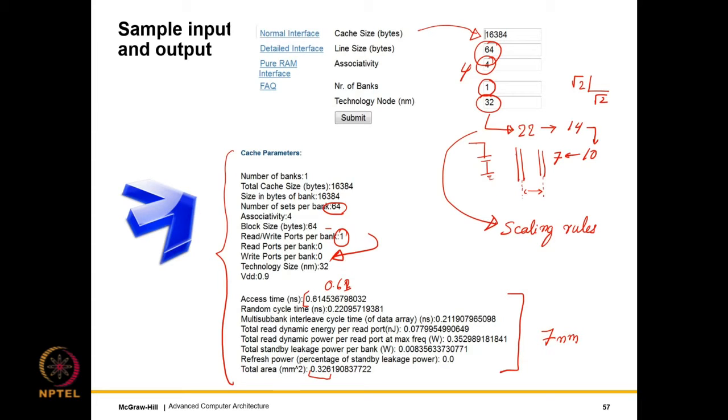So you will find a lot of IEEE papers that have different scaling rules. Some of the papers are well accepted. Any of those scaling rules can be used to convert numbers generated for a 32 nanometer technology to, let's say, a 10 or 7 nanometer technology.